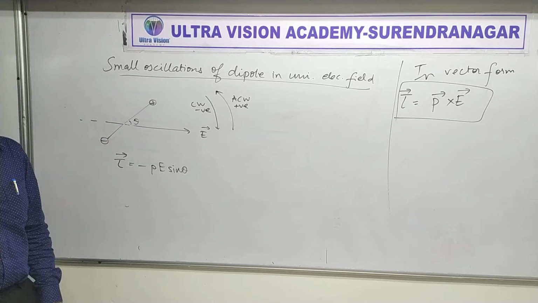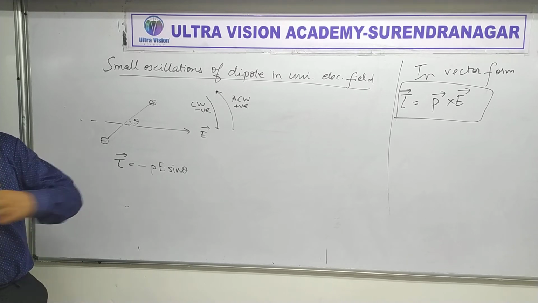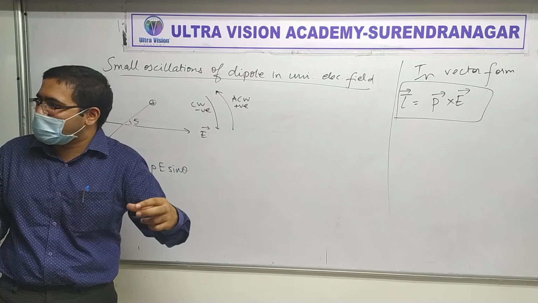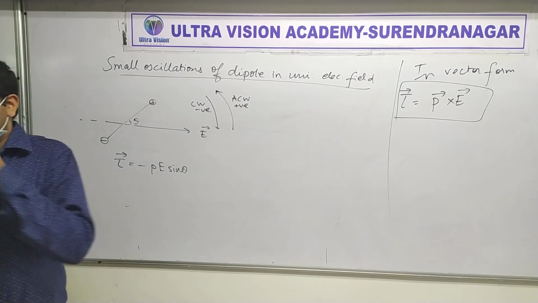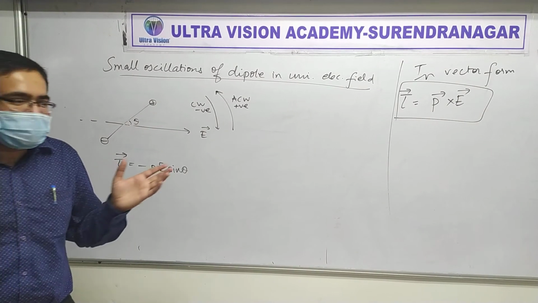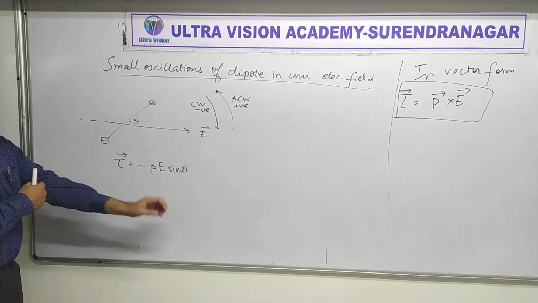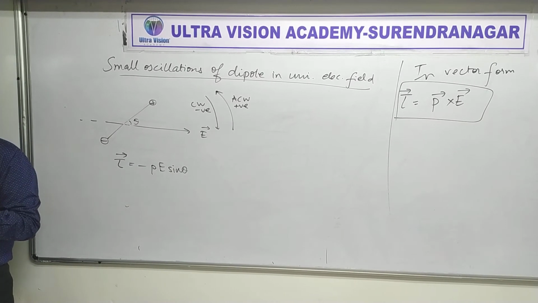Rotational SHM. Do you remember rotational oscillations? If it is a spring, it just goes like this. That's called translation. And the other one, you remember, compound pendulum and all was taught, right? Yes, so that was all rotational SHM. Anyway, but for SHM there is a condition. What is the requirement for SHM?